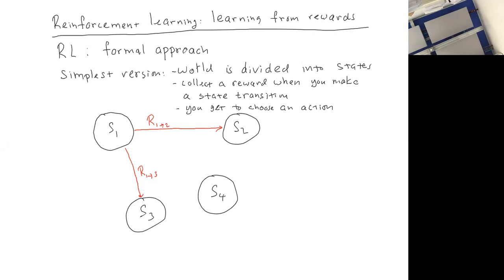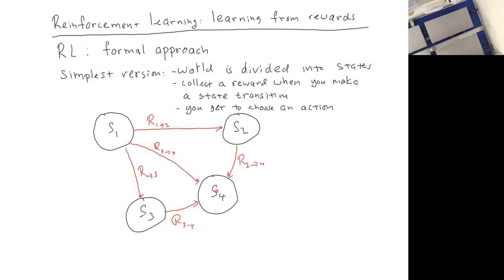Okay, so let's take this really simple example. You're in state 1, and you can either go to state 2, 3, or 4 and collect a reward, but that's not the end. Let's say you can end up doing this. There's an R2 to 4, and there's an R3 to 4. So no matter what, you're going to end up in state 4, but you can take different routes. If you're sitting here, you can go this way, straight, or this way.